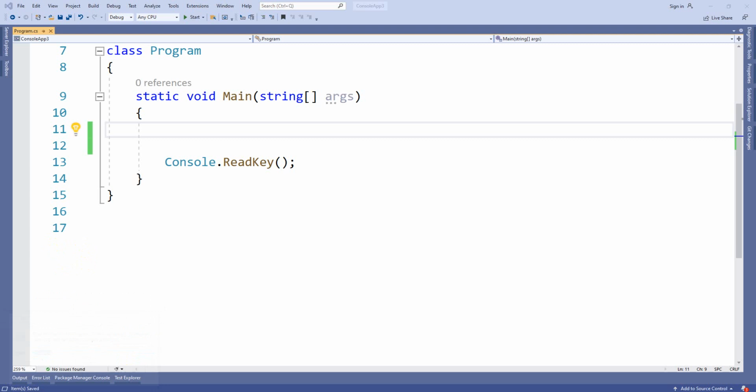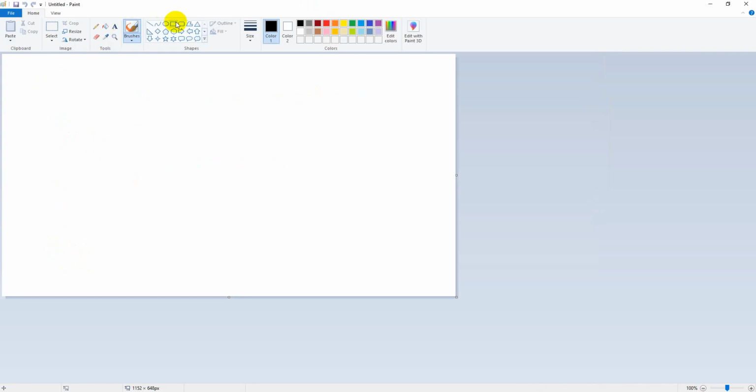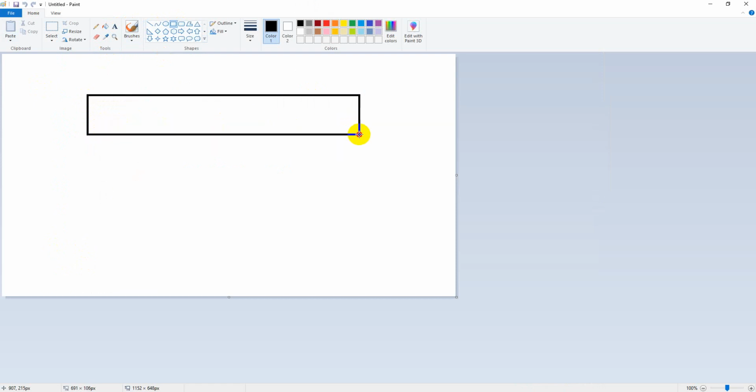Let me show you diagrammatically. If it is a single variable, a single value, we use variables. For multiple values, we prefer arrays. Arrays always store multiple values which are of the same data type.